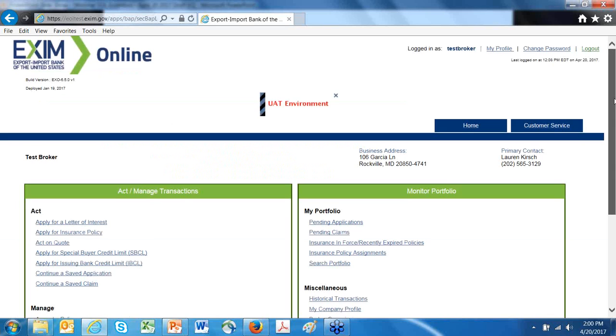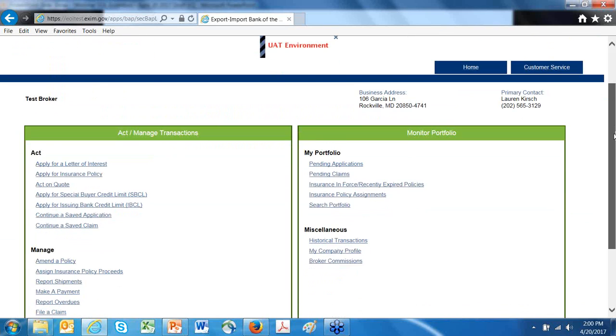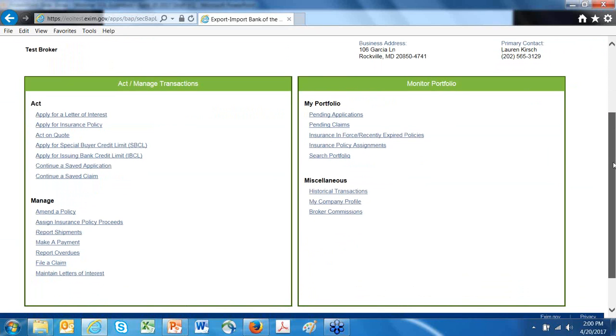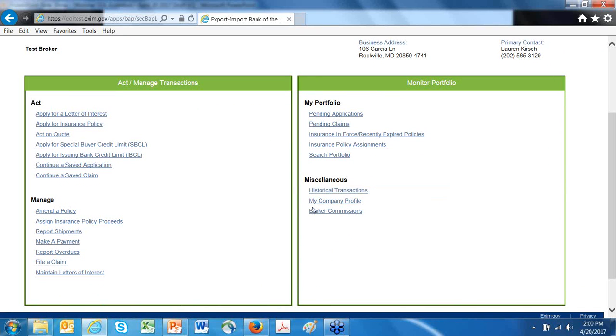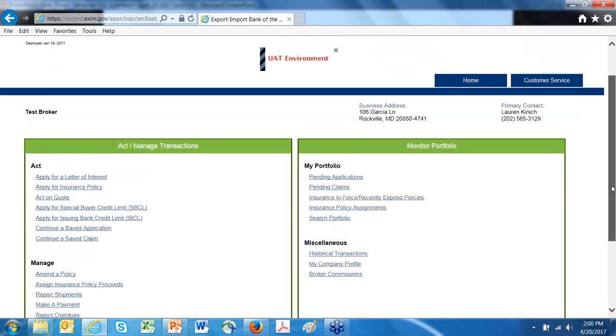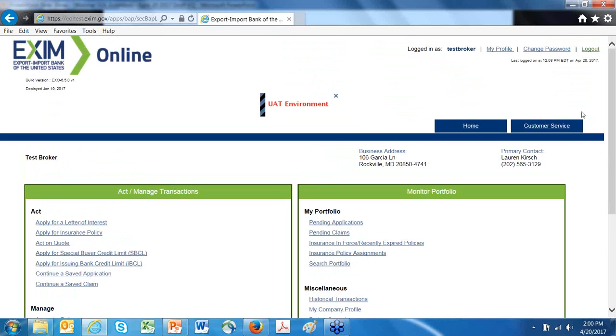So here's the broker's landing page, and as you can see, it looks very, very similar to the exporter's page. The primary difference being this broker commission link here. So let me just walk you through different parts of this home page, and then we'll walk through some of the actual links and the functionalities. Let me point out a couple of things.